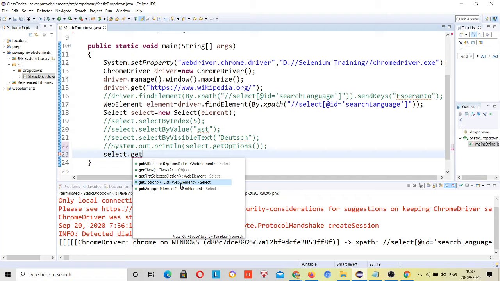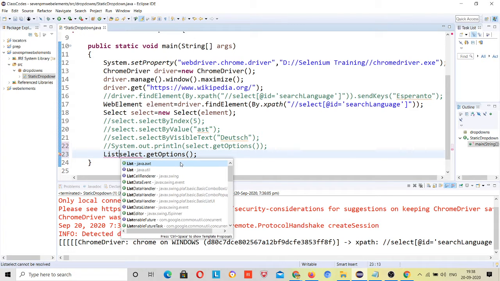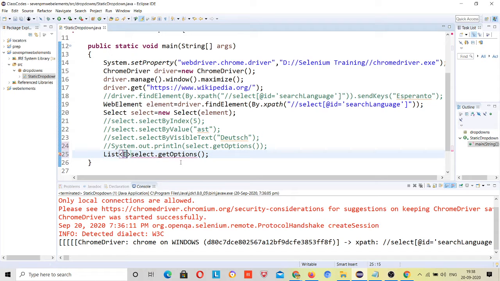Why? Because get options returns multiple values, right? That's why you have to store in a list of web element. So now just use the list and store. First import this list from the util package, right?